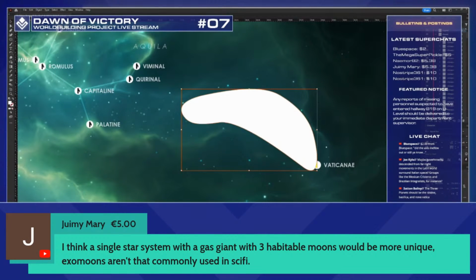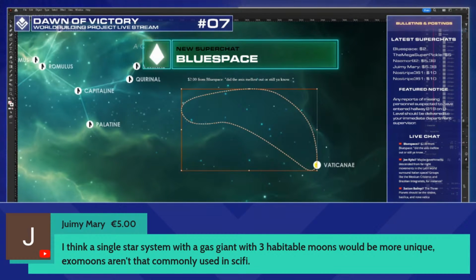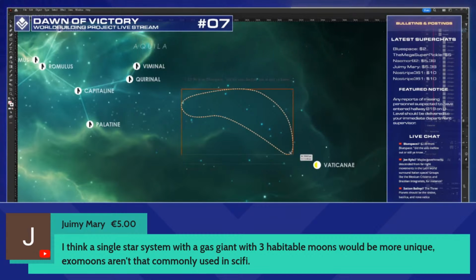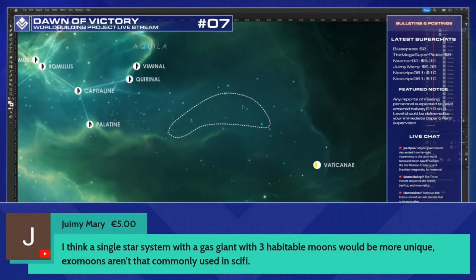So what if it's like... I mean, that still seems a bit too big. But it's kind of a weird shape where there's a bunch of exomoons throughout. Is that too weird in sci-fi? I don't know enough about the universe, I guess, but the